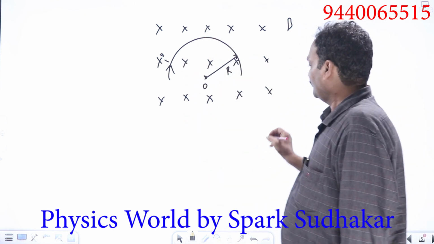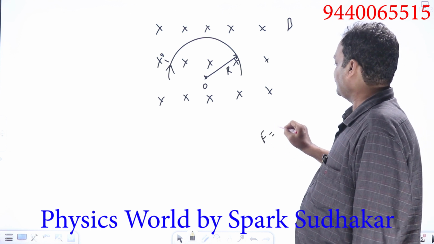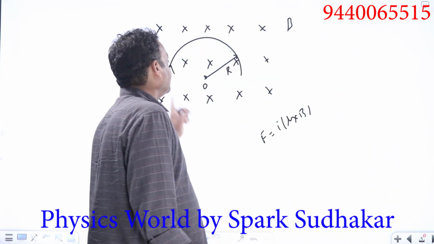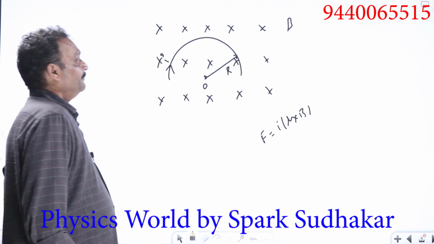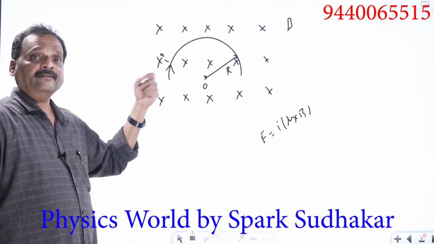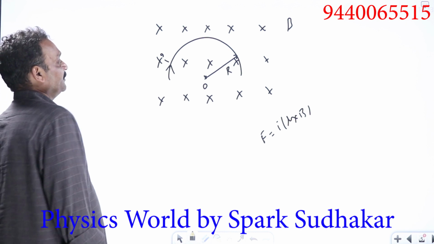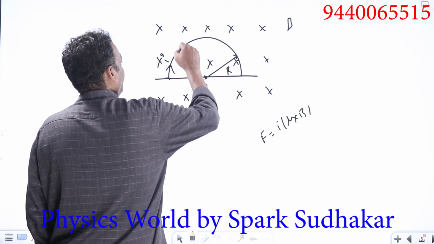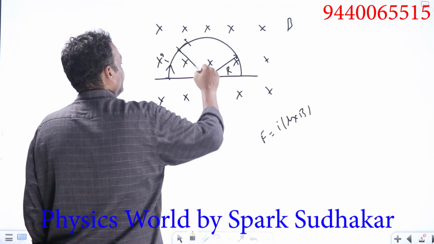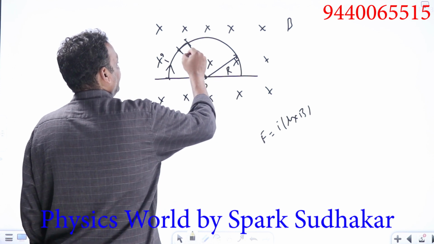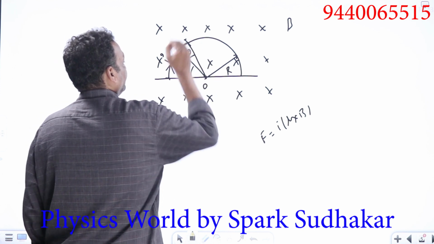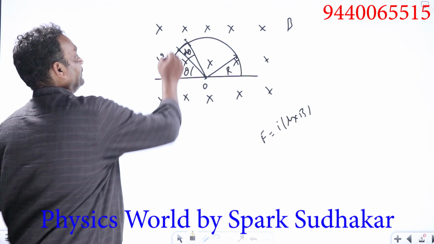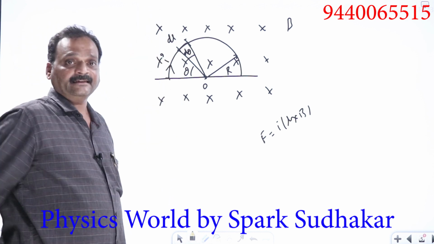Okay, we have already seen force on a current wire is given by F equal to I into L bar cross B bar. The same formula, but this is a segment like this, a semicircular wire. Now we have to see what is the resultant force on this and what is the direction of that resultant force. For that I'll consider an axis like this and a small element of length dl like this. The dl subtends an angle d theta, and let it be at an angle theta. Now what is the direction of this force on the small element of length dl, which subtends an angle d theta? We have to see.